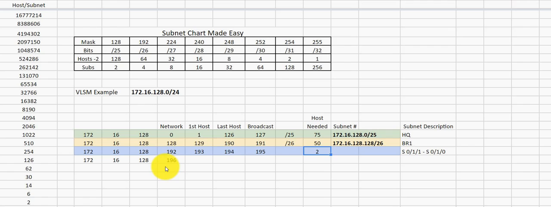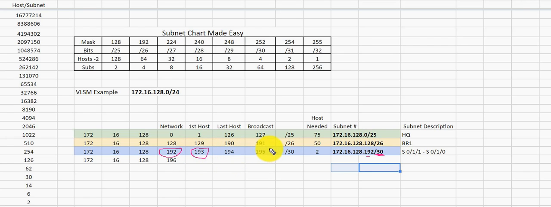And we're going to call that a /30. We have 2 hosts needed, and we have 2 hosts available. And we can effectively write this out as 128.192/30. Based on this subnet mask of 30, we know that our network ID is 192. Our first usable is 193.